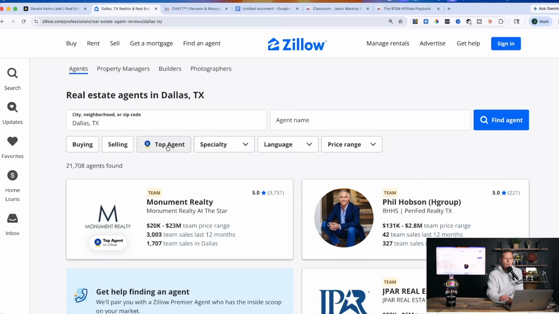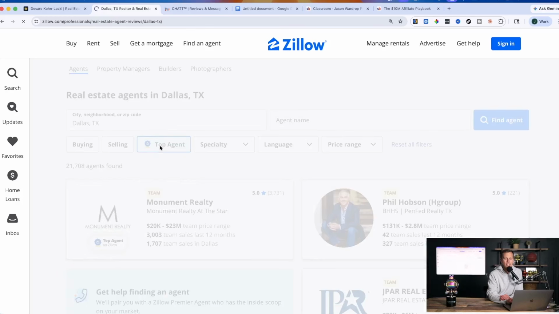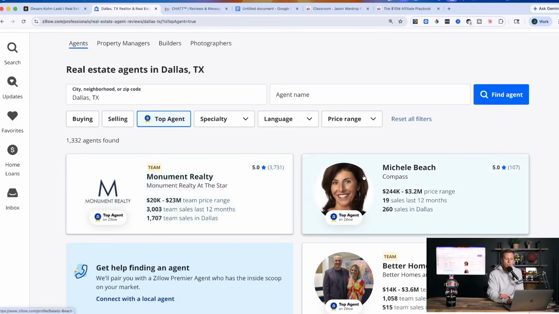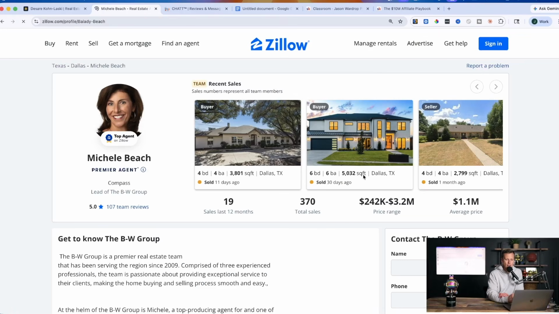So you can see right here, we've got a few different filters. We can say which agents are buying agents, seller agents. We can see which ones are top agents if we only want to sort by the top agents. And so now what I'm going to do is I'm just going to go through and click right here on